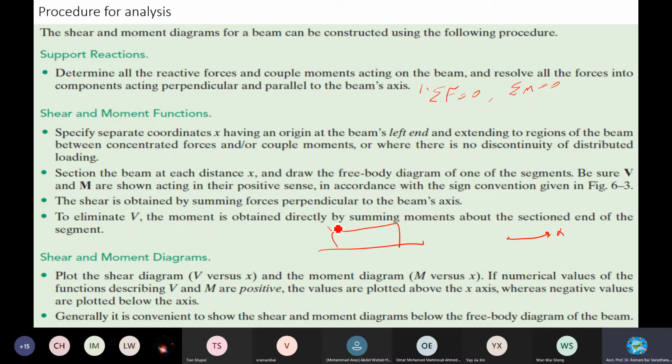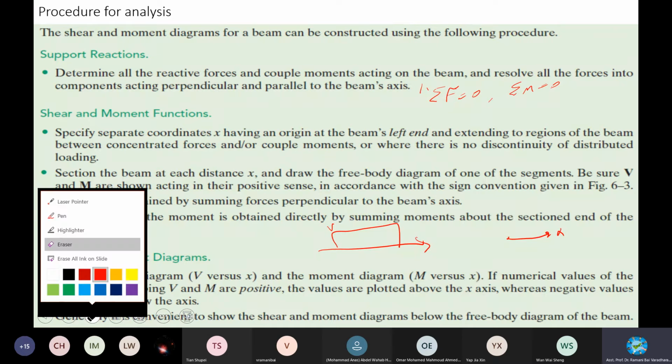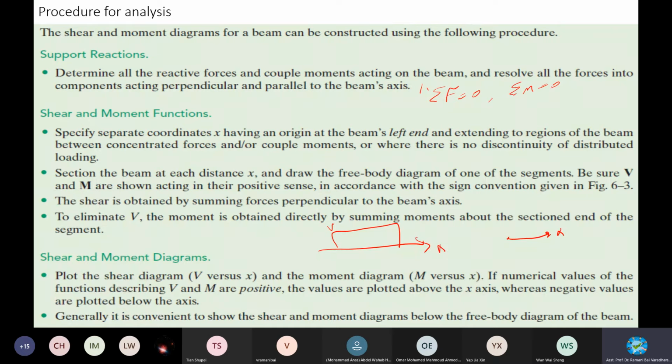If you're plotting like this, this is V and this is X, right? Oh, sorry, this is X. So you are plotting between V and X. Remember, that is what V versus X means. And then a moment diagram, moment versus X. The value will be moment like this. Moment versus X, right? If numerical values of the functions describing V and M are positive,